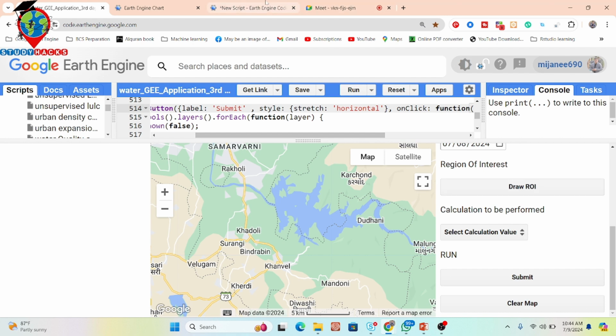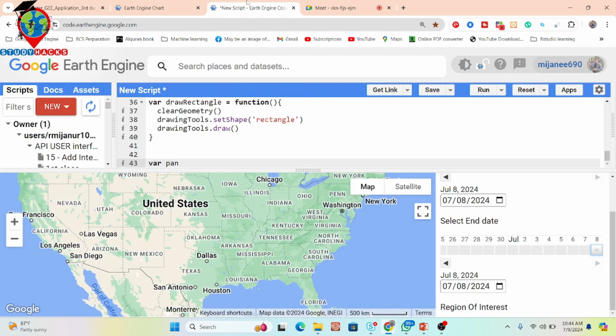Okay, so let me write the code here. At this time, I need to create this type of panel first. And when anyone clicks on this button, it creates this type of panel. So let's try to write this code. For doing this, we just put here another panel. So I put the panel R, mainly we can put any name, no problem. And then UI dot panel, and further we set the panel style. So I call the panel R, simply copy and paste here, and then put here the style,